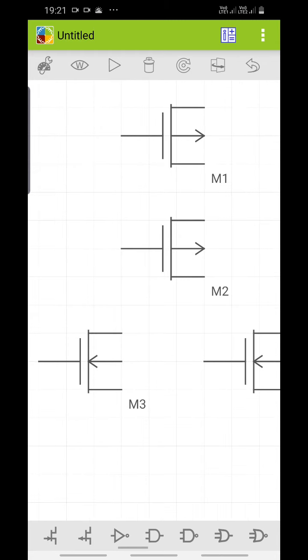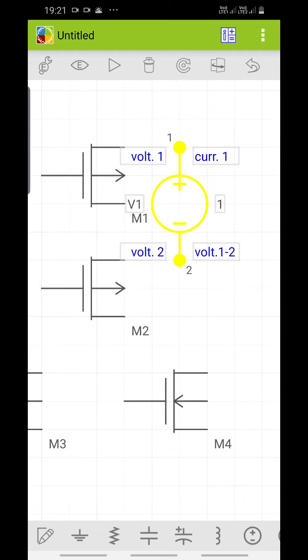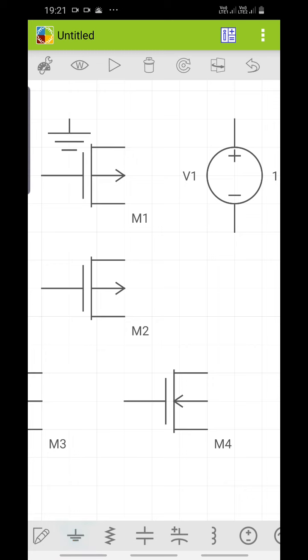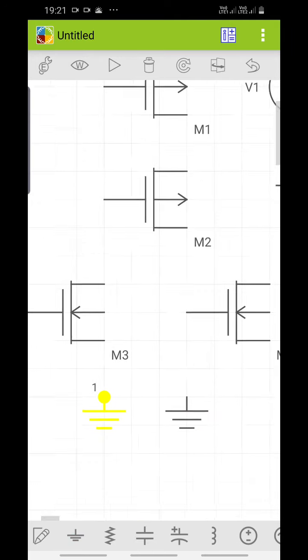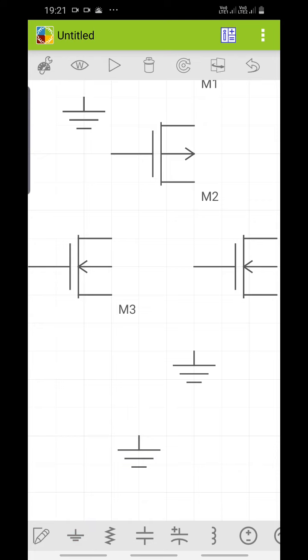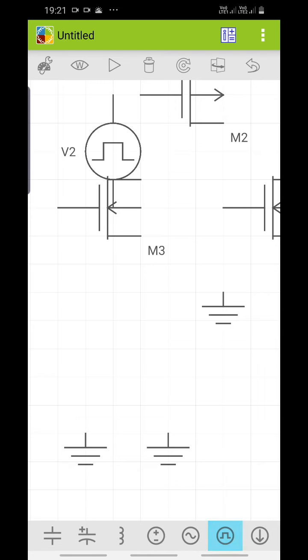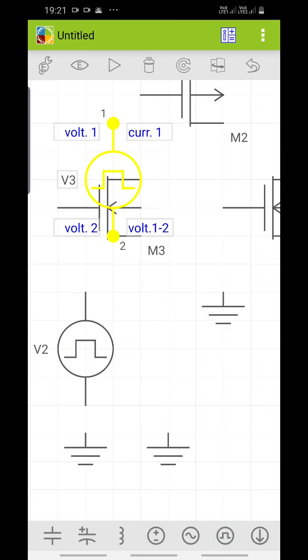Then voltages we need to place. So voltage for VDD, then grounds. First we need to place all the components, then we need to do the wiring. If we do the wiring first, it will become clumsy, and the connections become somewhat difficult. For A and B, two pulse sources are required.